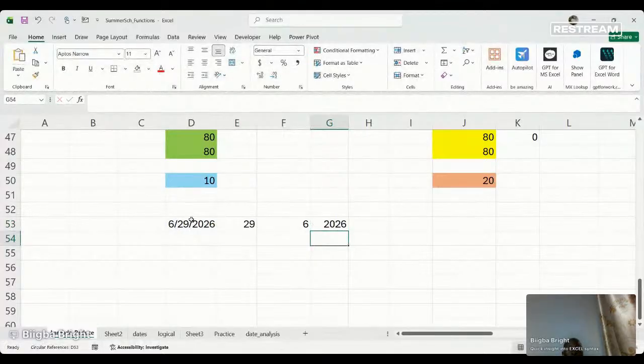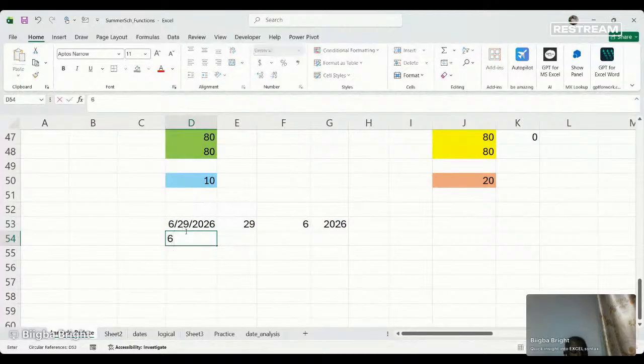So imagine that date here. Let's say I was having another date over there. Maybe that was yesterday's date. So yesterday was actually the 28th. So that would have been 6, 28, and